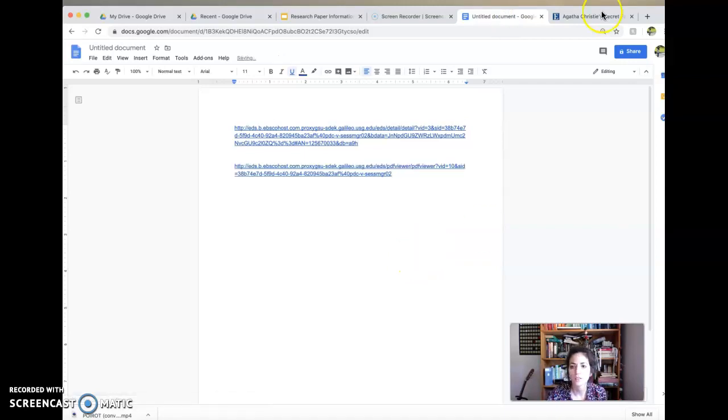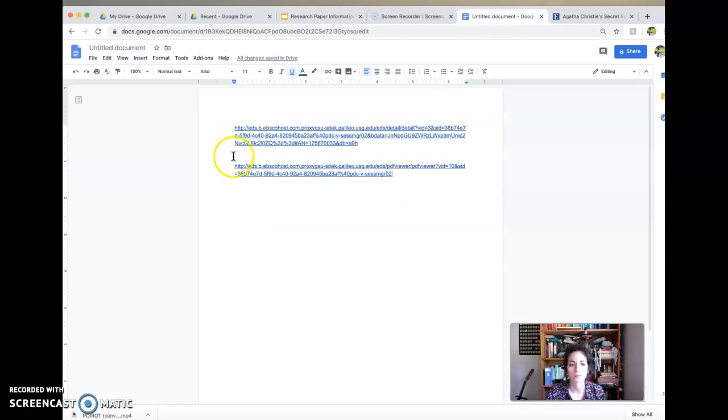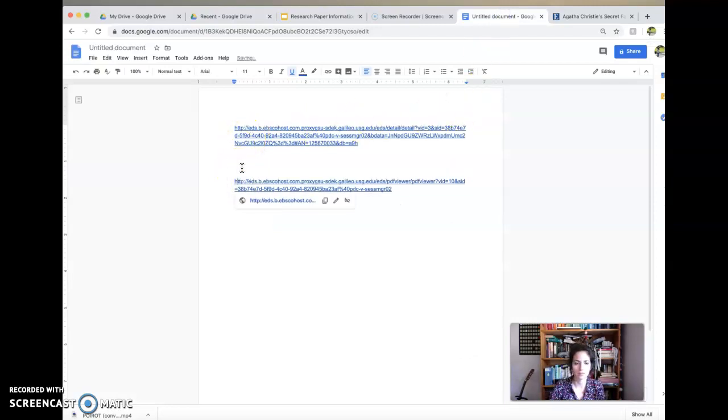Boom. And so this is where, if I'm looking at this when I revisit it after I collect all of my research, I want to know what exactly I'm looking at. And that's why I've recommended that you put it into your MLA. So first, I'm not even going to worry about MLA. I'm just going to write the title of what this is. So this is